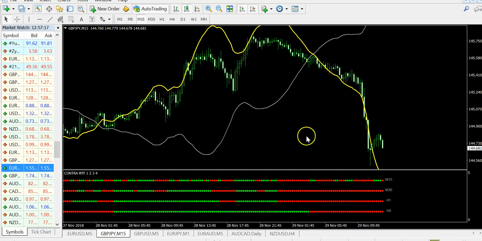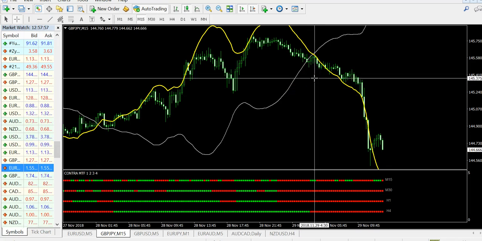Why is the name Contra? Because we need as much as possible a contra gap or opposite gap, and the higher this gap is, the better the signal is. So you see the silver line goes straight up and yellow straight down, very vertically, and this is our chance. You see that moment when it goes down,